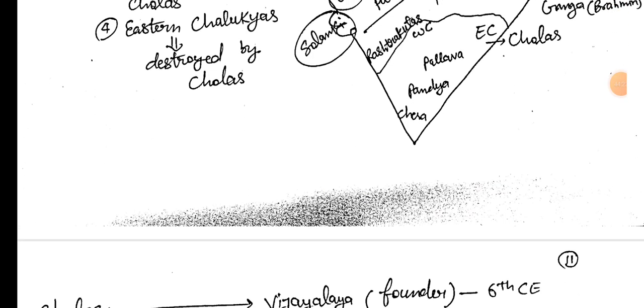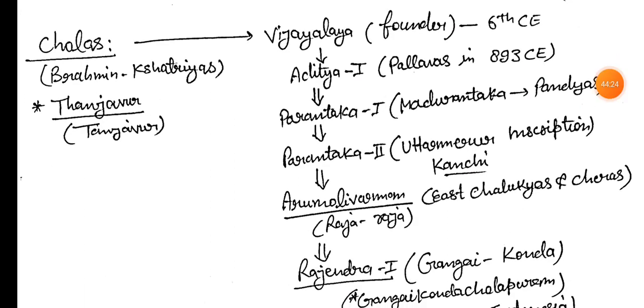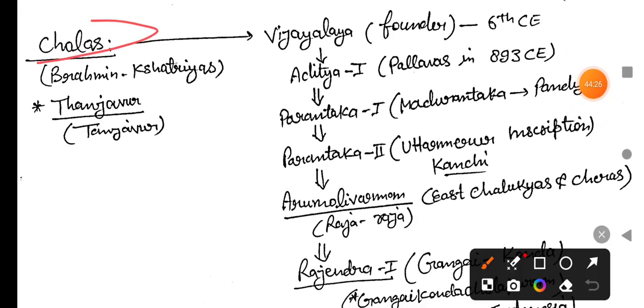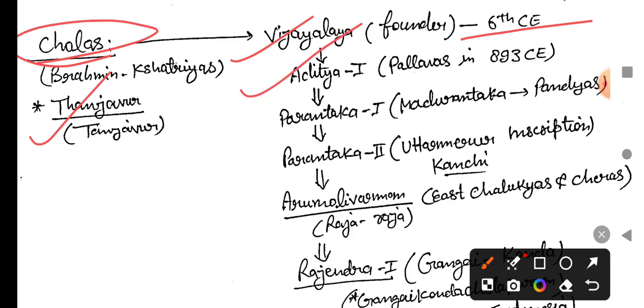Who ruled this territorial region. Okay, next we will move to the Cholas, and they were the Brahmin Kshatriya rulers. Okay, and their capital was Tanjavur. Vijayalaya was the founder of the Chola dynasty in the 6th century CE, and Aditya the first